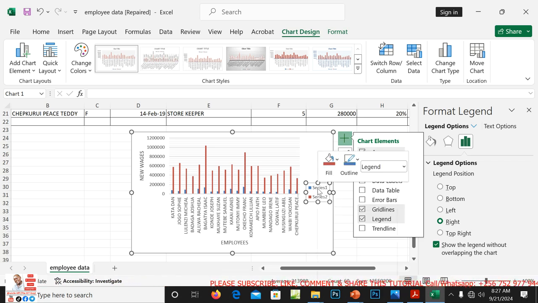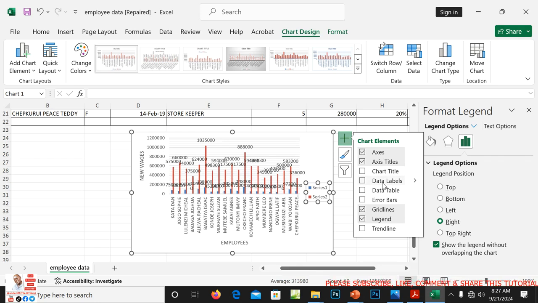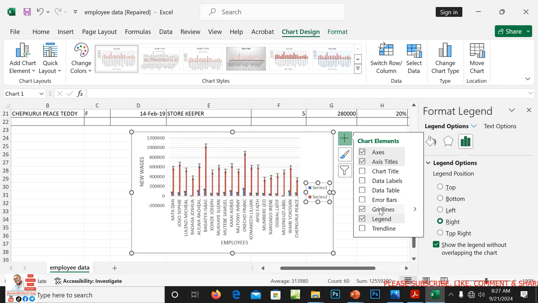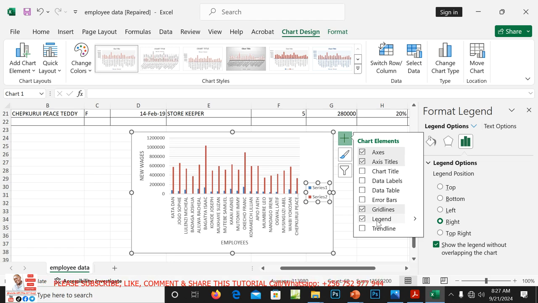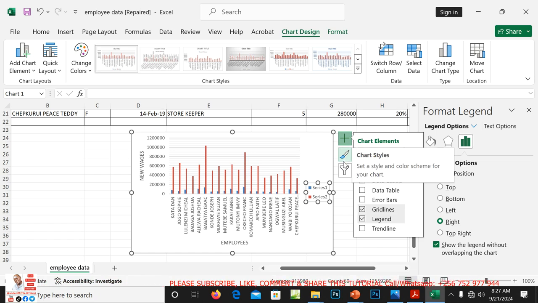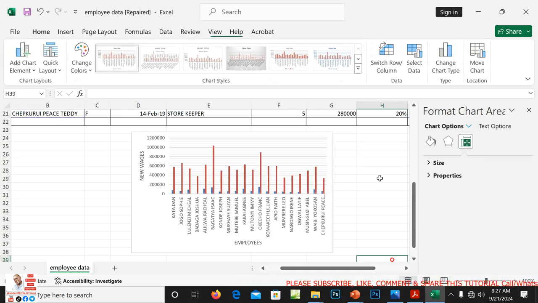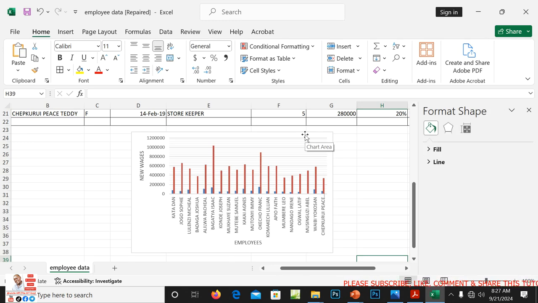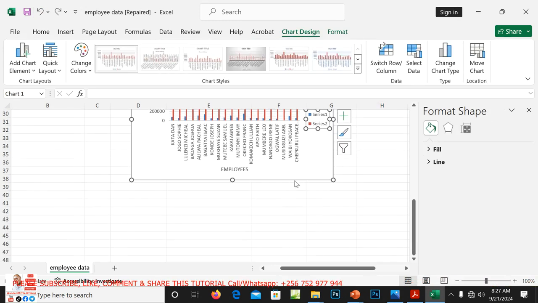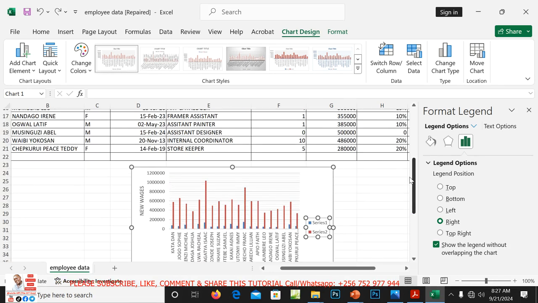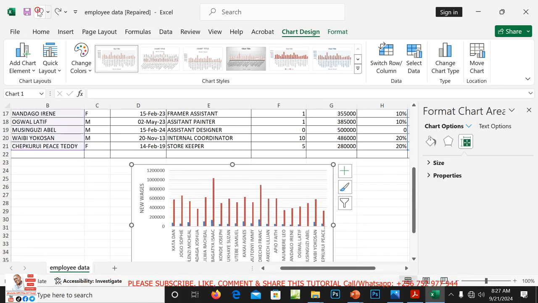Legend one and then the other. So is this thing hiding? Chart title, these are labels, data tables, error bars, gridlines, legends. Yeah, you can have something like that. All we want is at least a graph representing something.